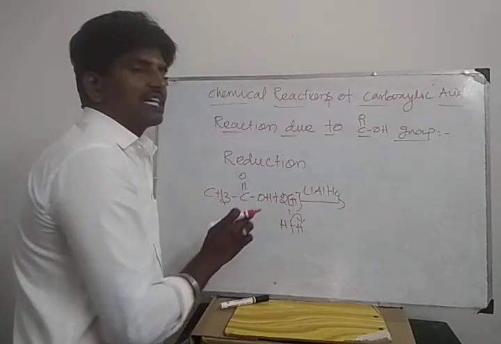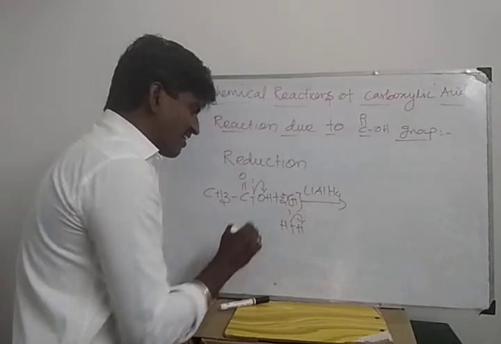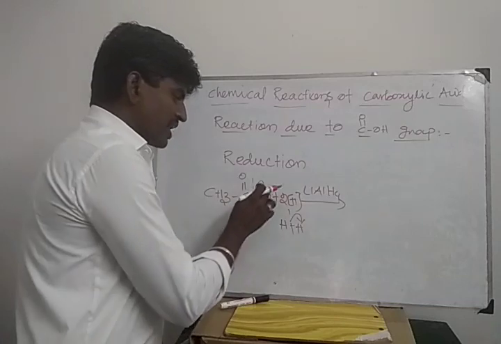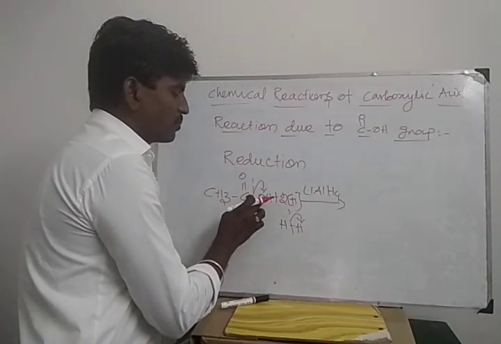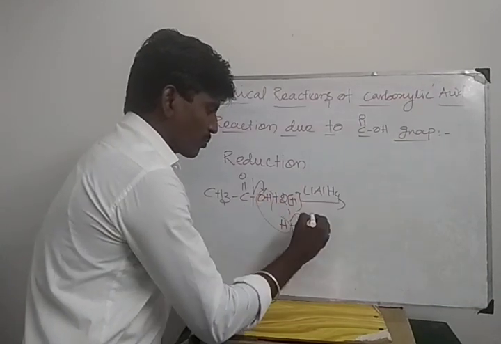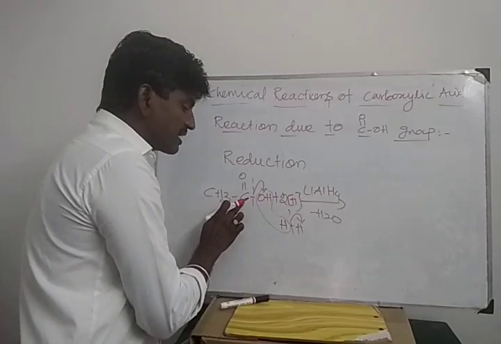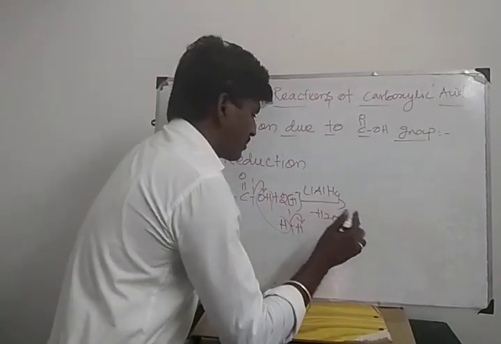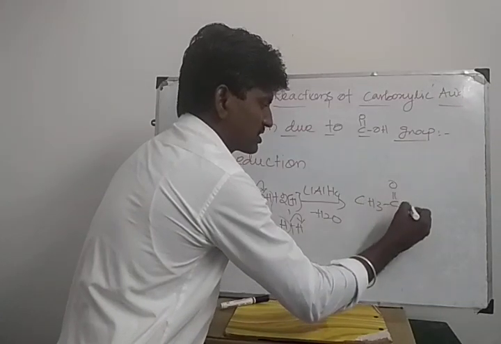Compare carbon and hydroxyl group. Hydroxyl group electronegativity is greater than carbon. So hydroxyl group takes one pair of electrons. So the bond breaks in between carbon and hydroxyl group. OH minus, H plus, 1 mole of water is removed. What's the charge of the carbonyl carbon? C plus, H minus, so bond formation. CH3 C double bond O H.